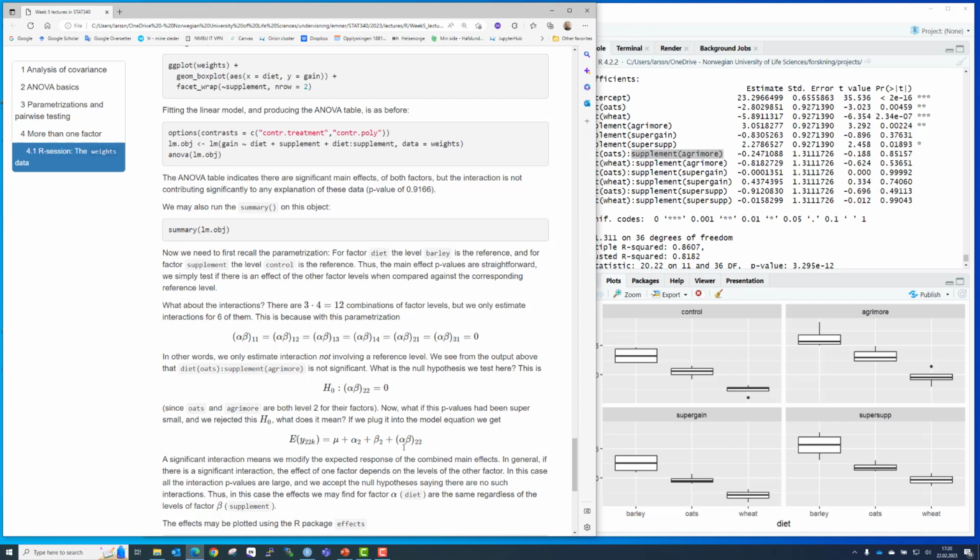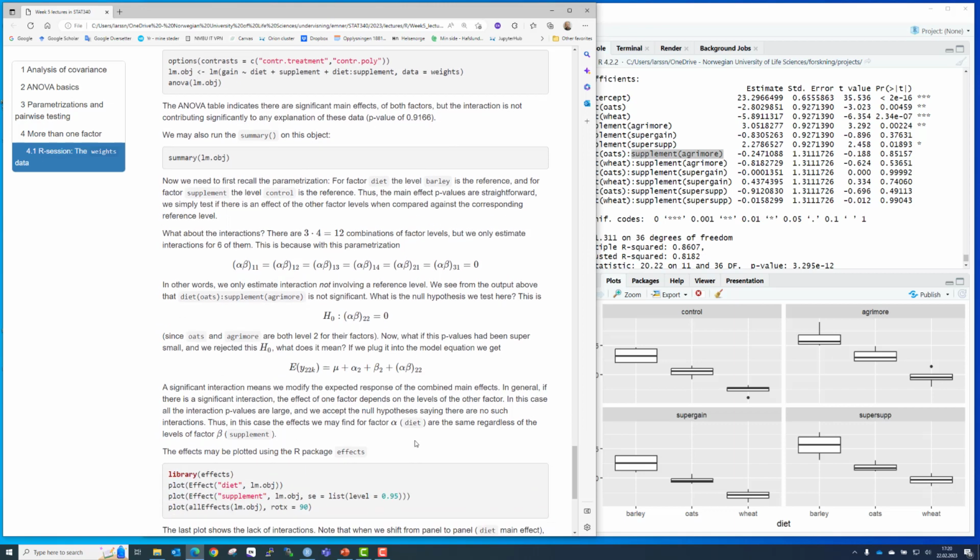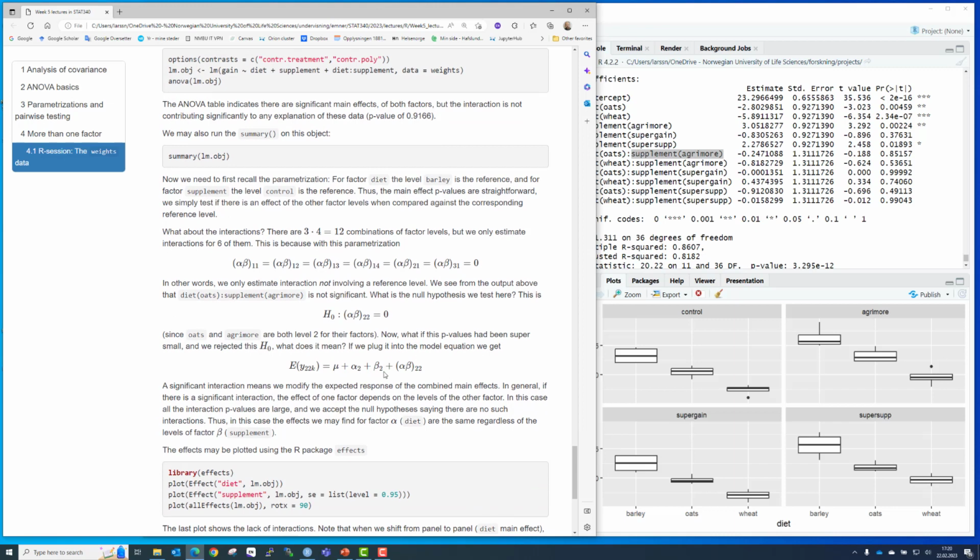So notice what this interaction then is actually doing. It's modifying the main effects, right? It's sort of a modification of the main effects here. So in other words, we can say in general, if there is a significant interaction, the effect of one factor depends on the level of the other factor,